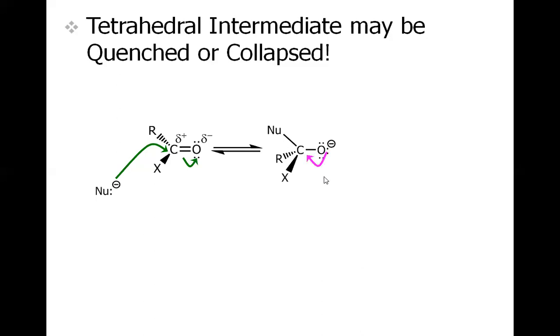Well, now we have two methods to make the reaction go. First is the collapsing of this pi electron to have this carbon-oxygen double bond. In return, this X group will depart if it has the leaving tendency, and we will have the carbonyl group retained, reformed, with the departure of the X. So this step is called the collapsing because the tetrahedral intermediate, which has just been formed, is collapsing in this step.